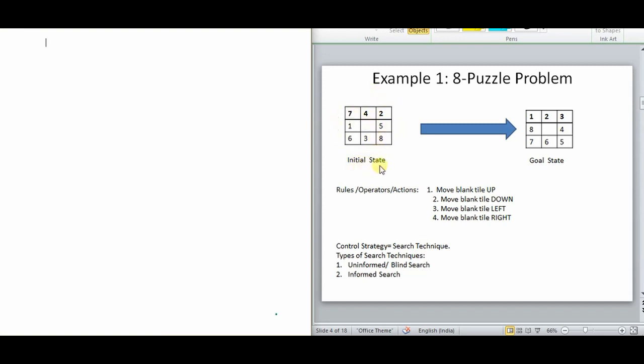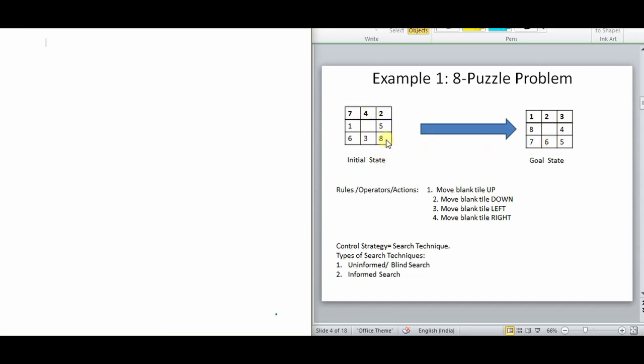So let's say an initial state is given to you. Any configuration can be the initial state. It will not be that only this configuration can be the initial state. Any placement of 1s and 2s, or any number, can be anywhere. So that could be the initial configuration, and the goal state is the one wherein from this configuration you have to get this configuration. That means the 1 which is present here should be present here, the 2 which is present here should be present here, the 3 which is present here should be present down here, and so on.